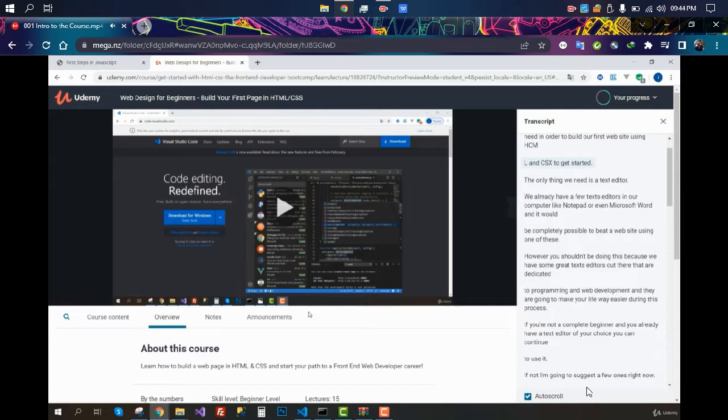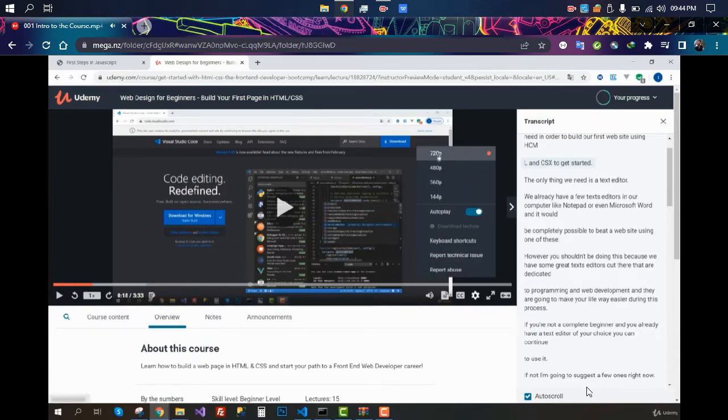Something else that is important to say, if you're watching a video and all of a sudden the screen gets a bit blurry, this is because the quality of the video is automatically set. So if this happens to you, you can go here to settings and just force the quality to 720p. Maybe it's going to take a bit more time for the video to load, but you won't get the blurry